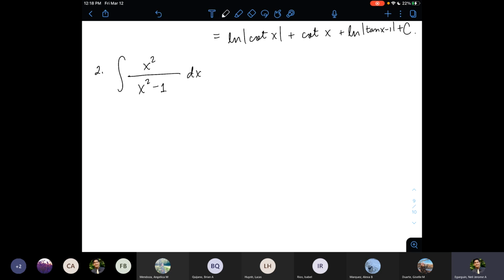Okay, so let's look at this example. Don't forget the first step. That's very crucial. Remember, we want to make sure that the degree of the denominator is strictly larger than the degree of the numerator. In this case,